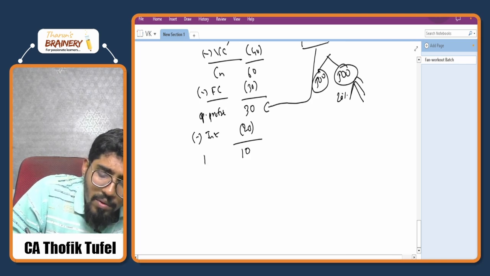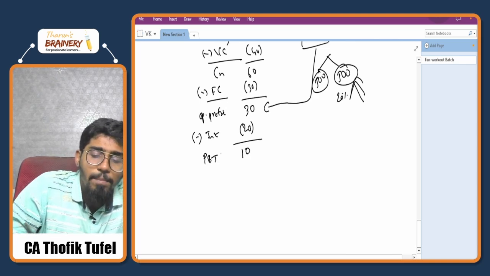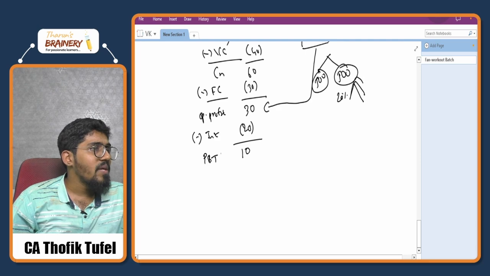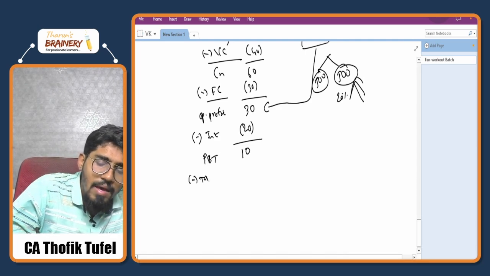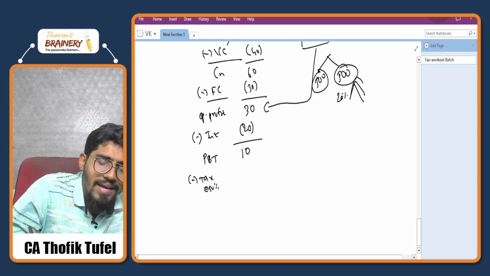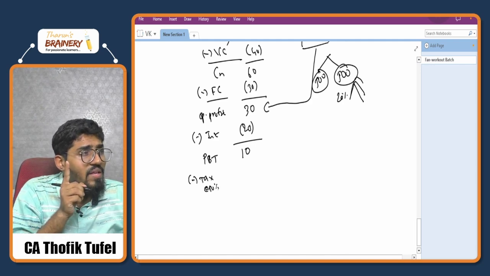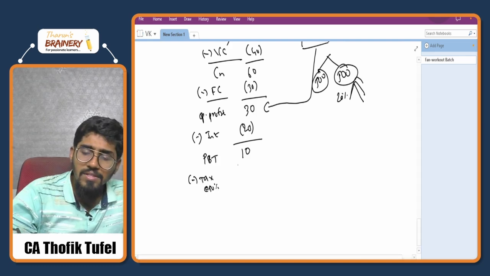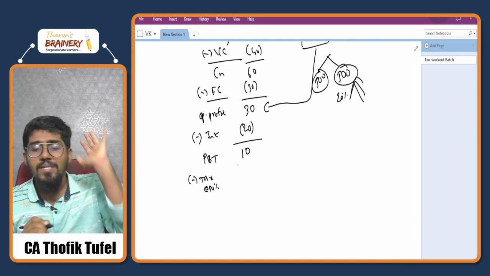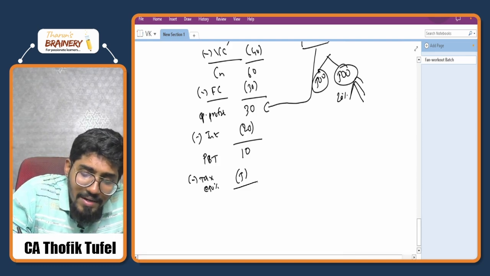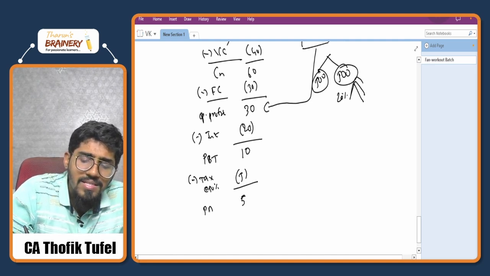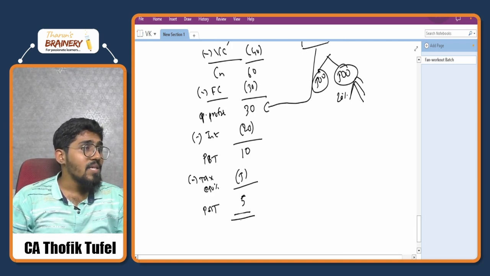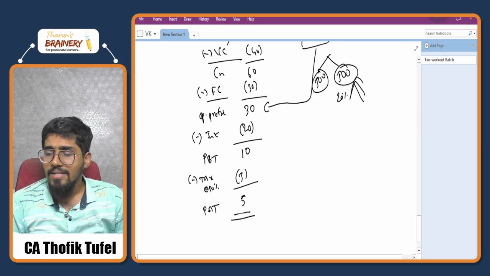So this is the profit that I'm earning, but this is the profit before taxes. So I will call it PBT, profit before taxes. Now from this profit before taxes, I have to pay some taxes. Say my tax is 50%. So I will pay 50% tax on the profit. So 10 rupees is my profit, I will pay 50% tax. So 5 rupees is my tax and the remaining 5 rupees is my profit. So this is what I call profit after taxes. So this 5 rupees is my profit after taxes.